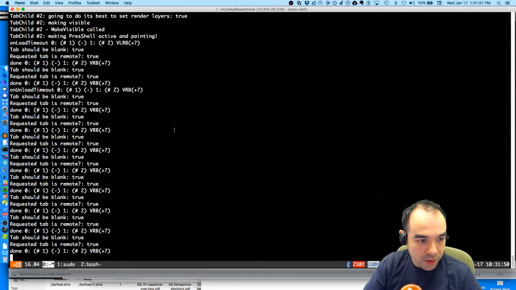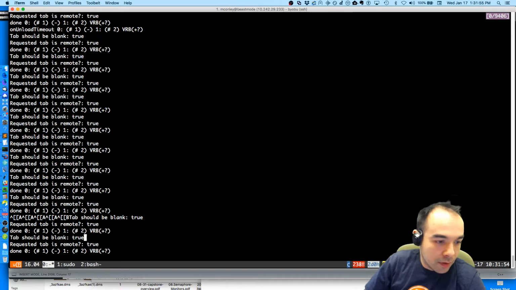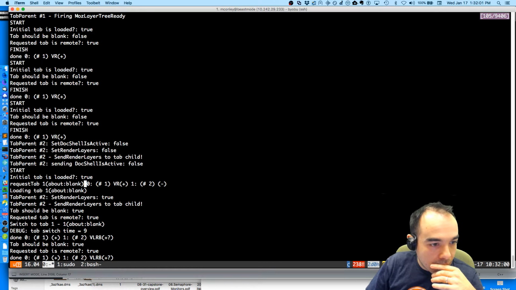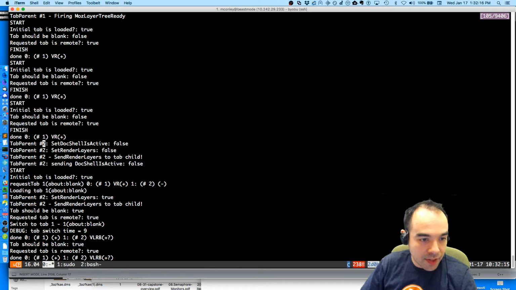Okay, so let's go up and take a look at what happened. So here, the first thing we do whenever we create a new tab is we tell it to set its doc shell to be inactive. We tell it, set render layers to false, set doc shell is active to false.